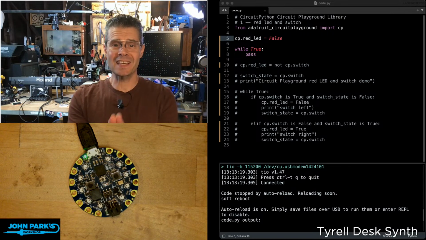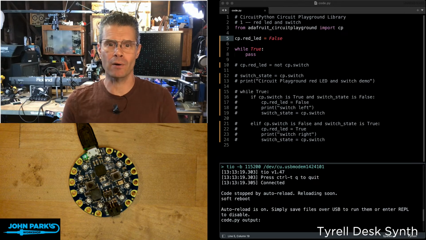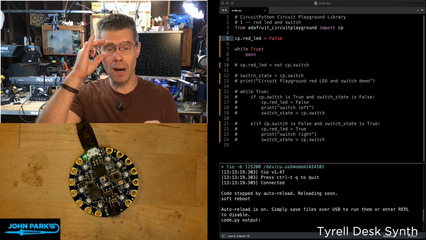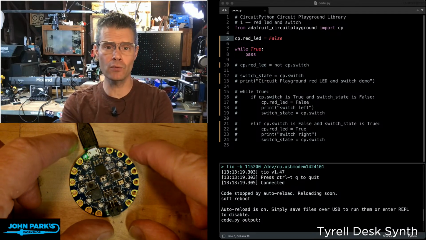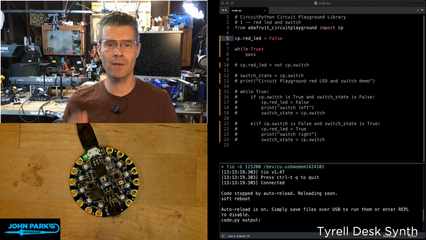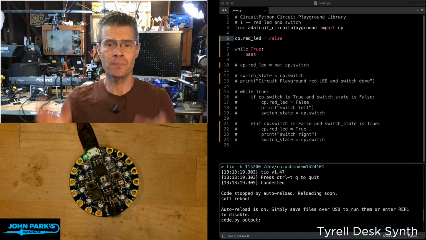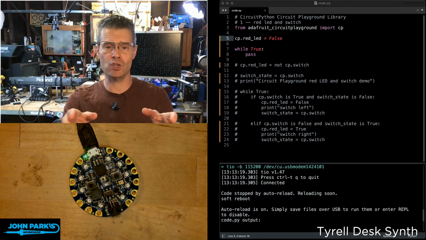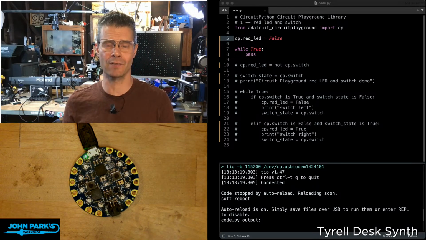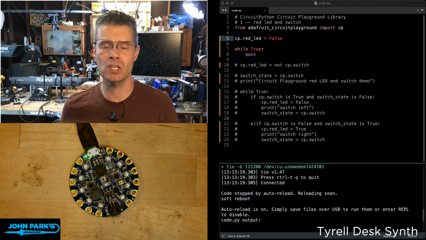For the CircuitPython Parsec today, I wanted to show you the Circuit Playground library inside of CircuitPython. So this is a bit of confusing naming, but for the Circuit Playground Bluefruit and the Circuit Playground Express boards, we have a very nice high-level library called Circuit Playground. This is a library that runs inside of CircuitPython and gives you super easy to use commands that are very consistent from one to the next in order to use the features that are specific to these boards.